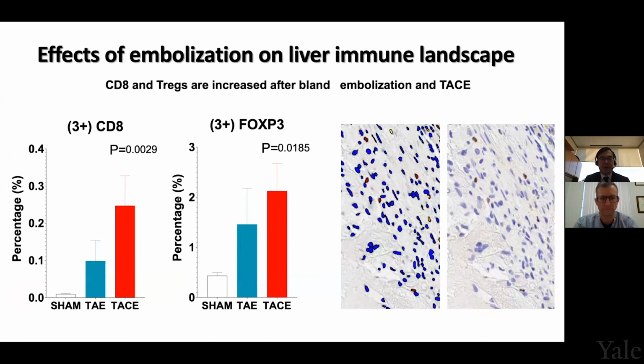What about T-cells? So what we saw is that chemoembolization had a significant increase in the presence of CD8 effector cells in the tumor microenvironment. However, what I think it's important to realize here is, not only looking at the bars, but looking at the actual numbers, and you can see that the percentage of CD8 cells in the context of immune cells, we're going from 0.1% to 0.3%. So it's still a very low number.